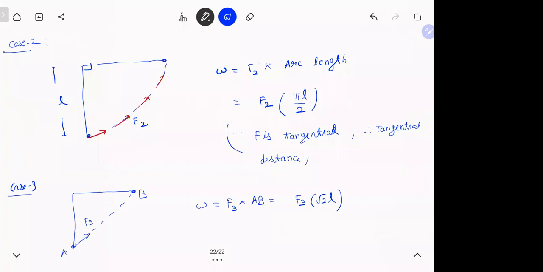So pretty straightforward questions, but you should know what you're doing. Here the concept is whatever is the direction of force, in that direction you take the displacement. In school what we learned is in the direction of displacement take the force. Both are right, nothing wrong. It is just how you interpret it. This thing saves you time from integration and calculus. Put it down. Any step you didn't get, please ask me.